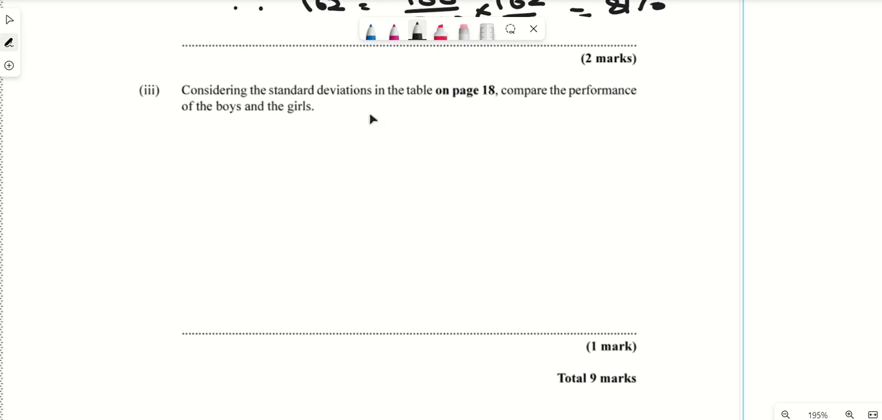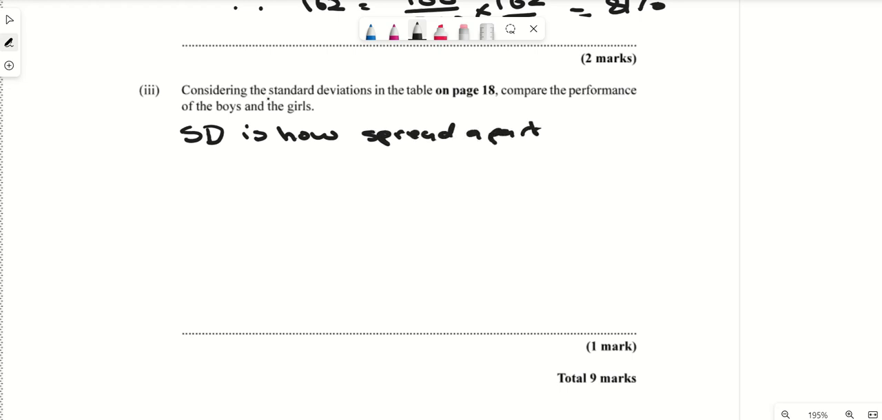Now they said consider standard deviation in table on page 18. Compare the performance of boys to girls. So first off, we're going to say give a definition for standard deviation. Standard deviation is how spread apart the data is, right? And if we were to compare the standard deviation of boys to girls, we see that the boys,